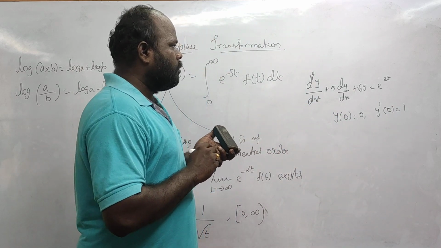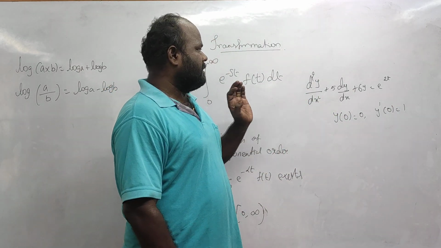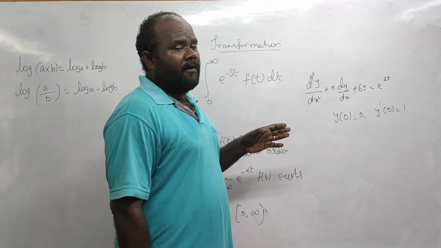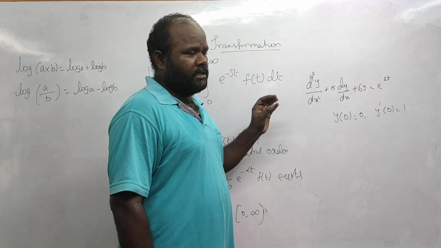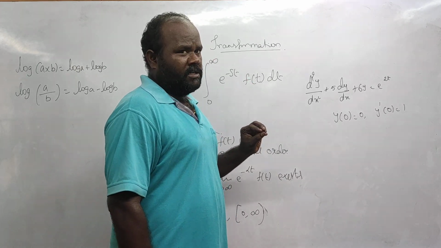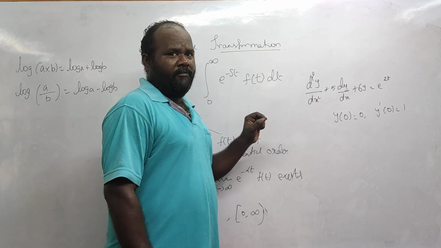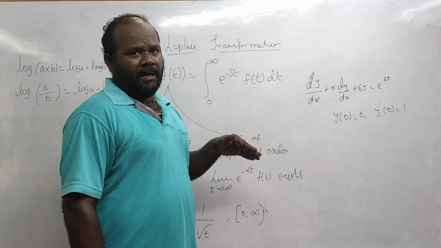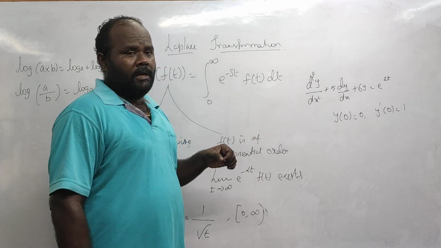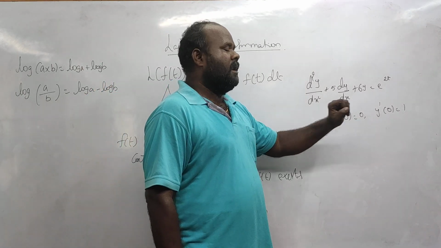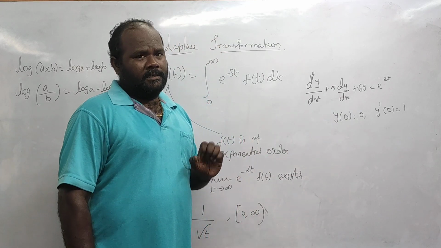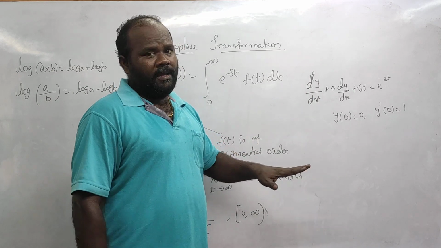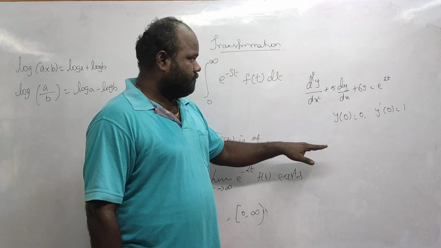So our aim is to find the solution of such differential equations that exist in the field of engineering. There are many techniques available to find the solution of a differential equation. What is the usual procedure? First we find the auxiliary equation, then the complementary function, then we obtain the particular integral, then find the general solution. Then by using the initial conditions, we eliminate the arbitrary constants. That is the usual procedure of finding the solution of the differential equation.